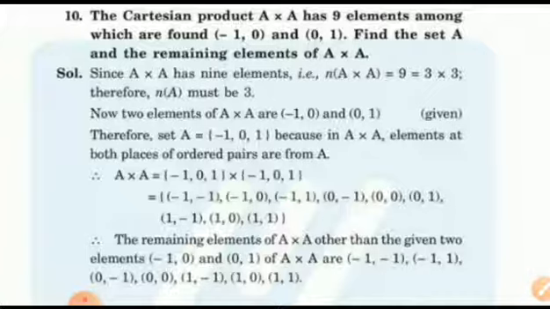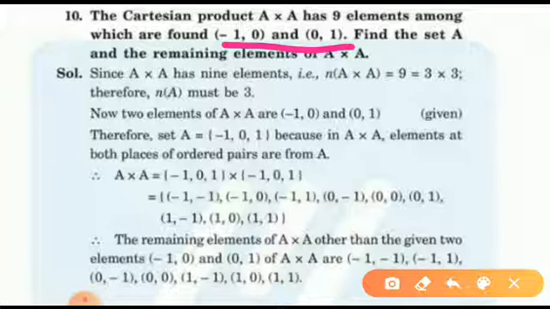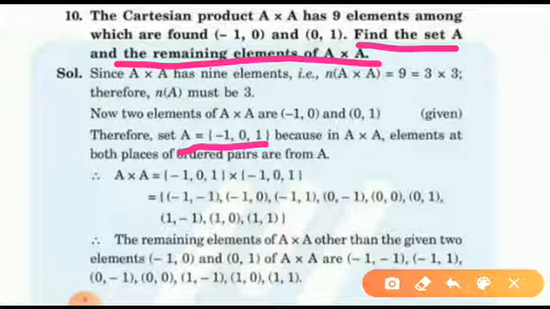Now check from this, can I get those 3 elements? Can I say that -1, 0 and 1 are the 3 elements? Because -1 is an element of A, 0 is also an element of A, and 1 is also an element of A. So can we say that the set A contains the 3 elements -1, 0, 1. So these are the 3 elements. Hope this is clear.